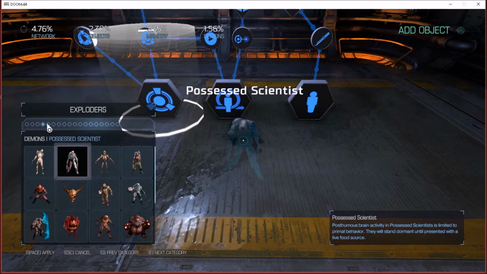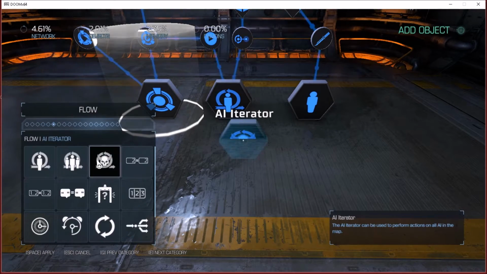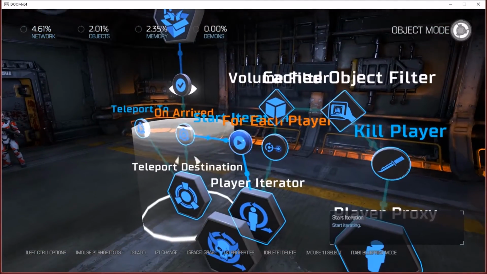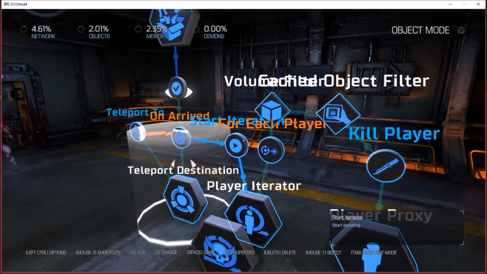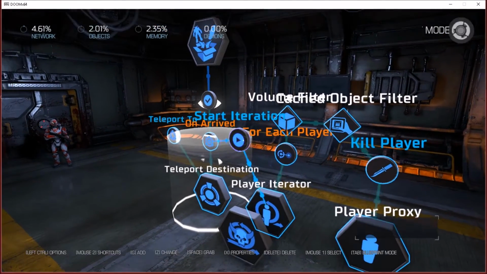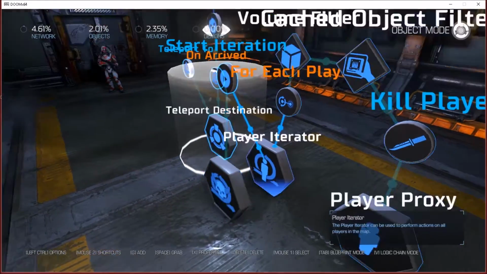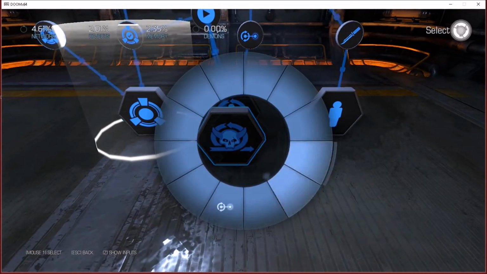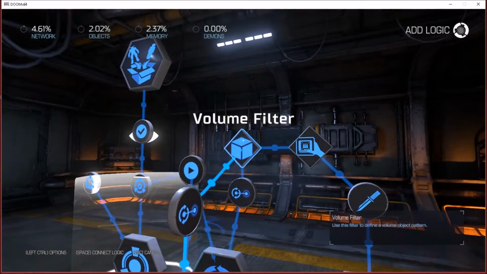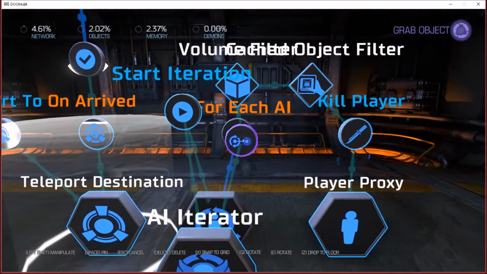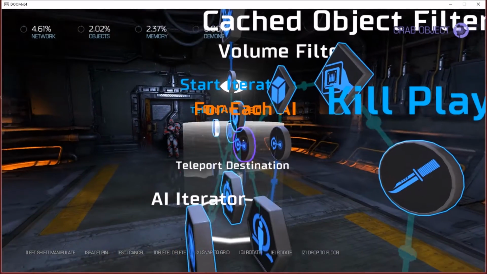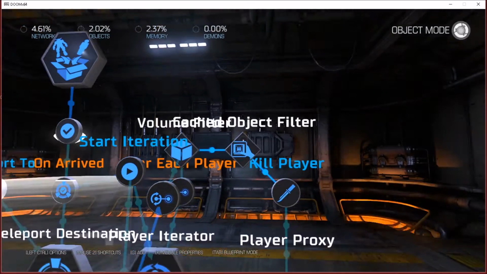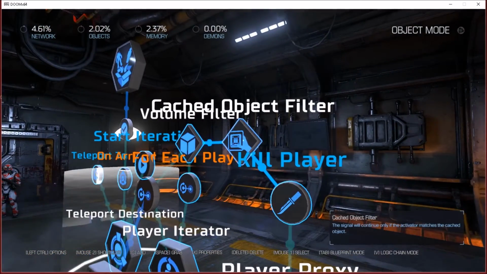I'm going to the demons now. Going to flow. We're going to add an AI iterator. Let's put that in front of the other one. And on arrived, we start an iteration for the player iterator. I'll just branch off of that and start an iteration for the AI iterator at the same time. And then we say for each AI, we'll connect it to the same filters. For each AI in the volume and is not the cached player or the cached object,